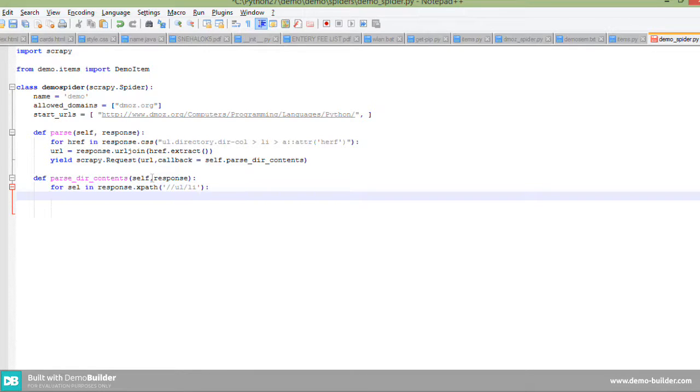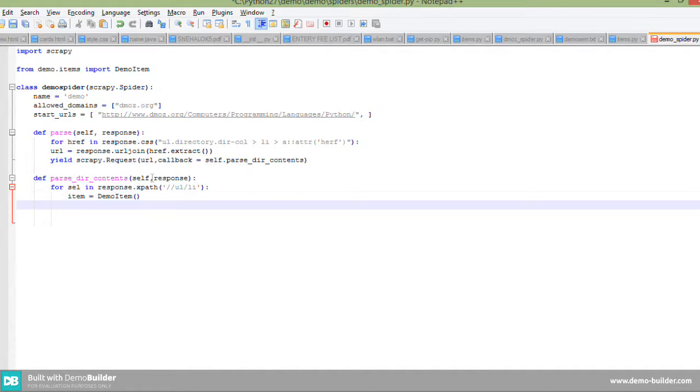Need to run a loop. Indentation matters. First I will type the code, and after I will explain. Demo item. Yeah, it will come. Good. That means your typing is correct.